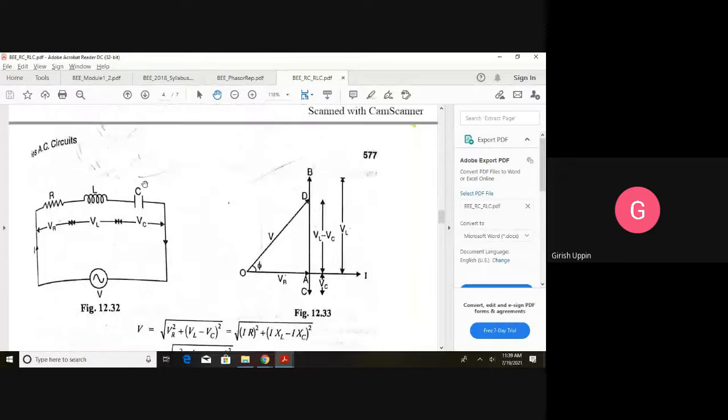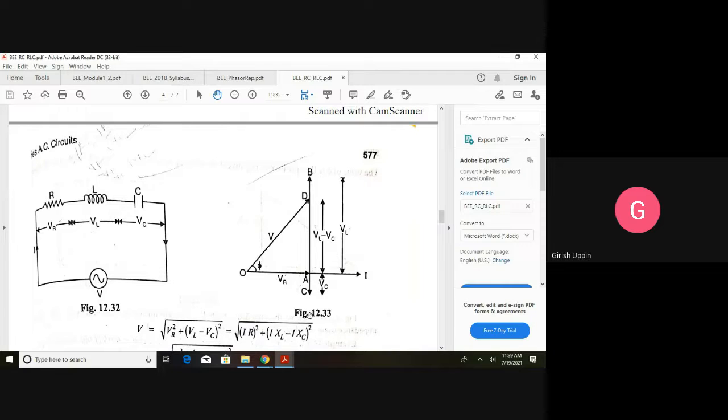This phasor diagram will change depending upon the value of VL and VC. Let us say VL is greater than VC, so the present phasor diagram is where it is assumed VL is greater than VC. You can see this is the resulting voltage and this is the applied voltage V is equal to Vm sin omega t, and this is the resulting current. So current is lagging the voltage by an angle phi. So if V is equal to Vm sin omega t, then I is equal to Im sin (omega t minus phi).